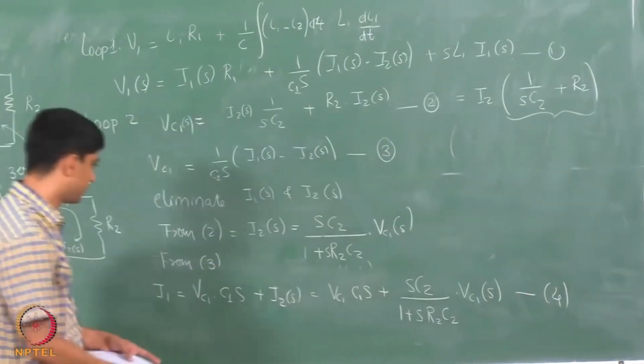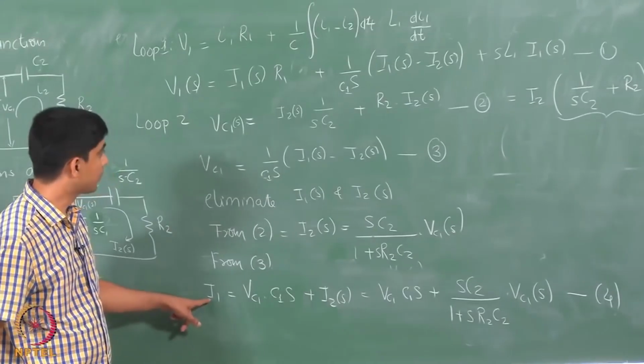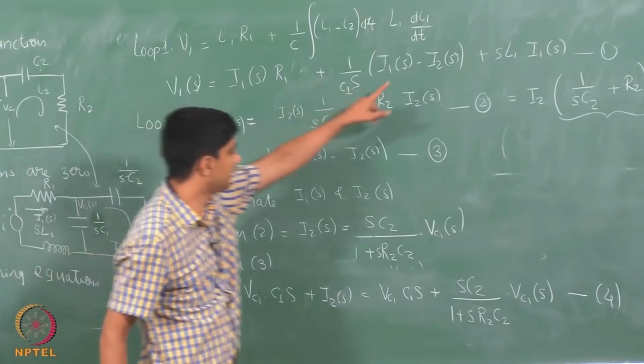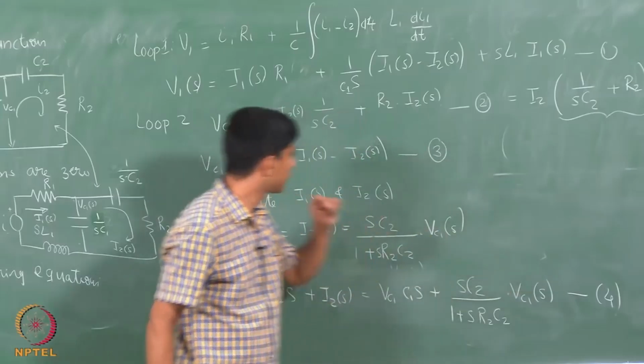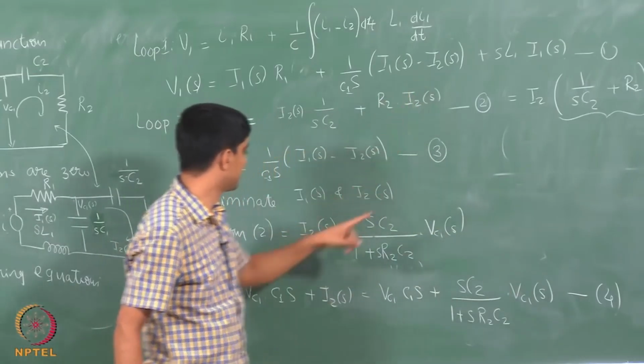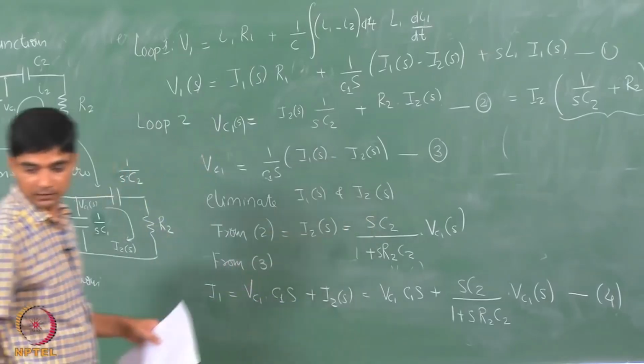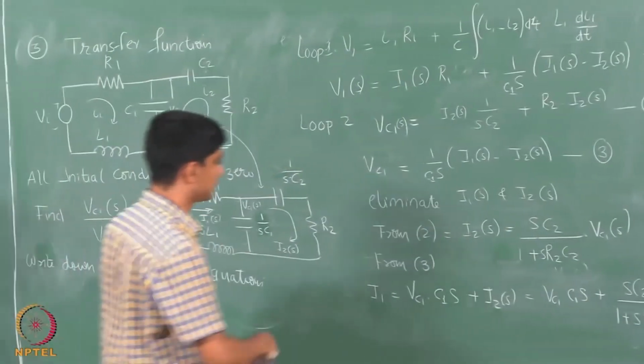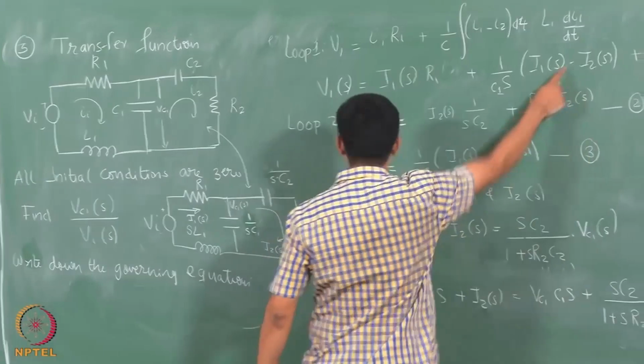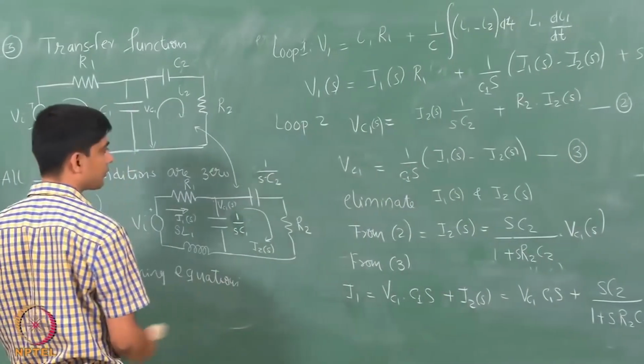Okay. So, in equation 4, I eliminated I1. So, I1 could now be written in terms of Vc1, and I2 can also be written in terms of Vc1 from this expression here, and so I can just put these guys here to get my final expression in the following form: